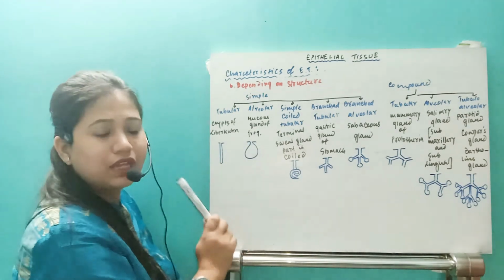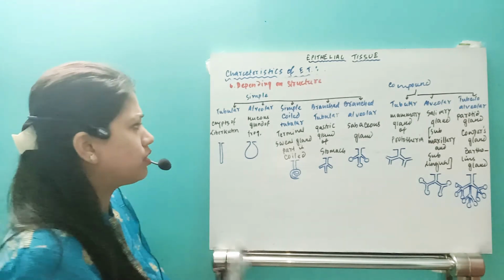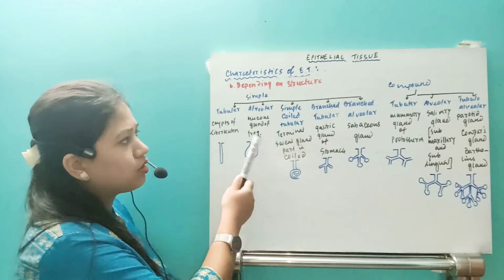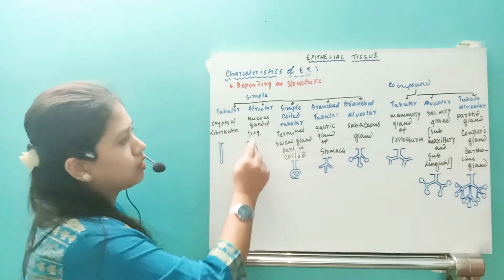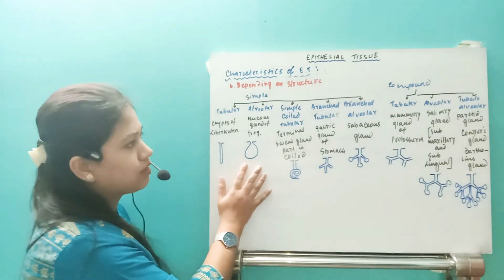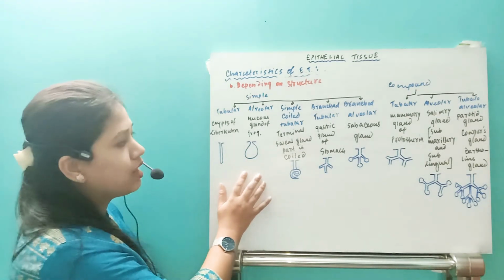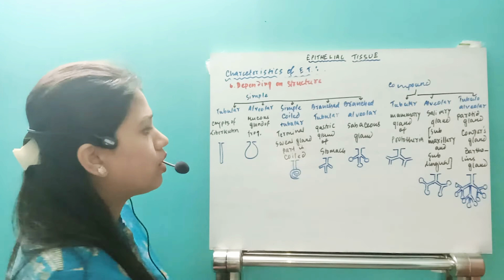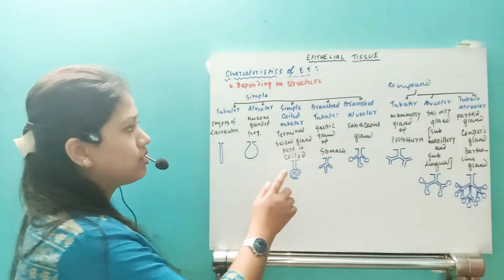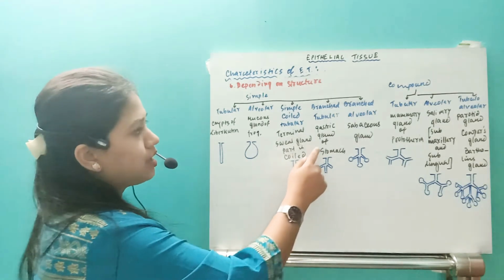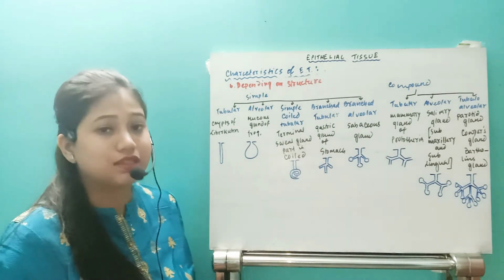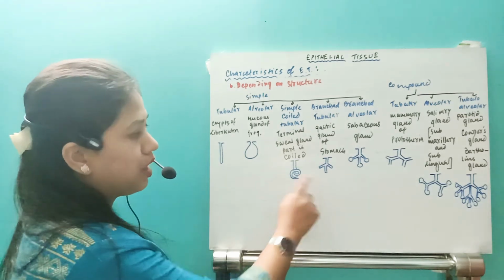Alveolar, that is in terminal parts of the different types of alveolar, sorry. If it is coming to the alveolar gland, then the mucous gland of the frogs will have the alveolar type of gland. Basically it is present in the skin. Next one, if it is a simple coiled tubular, then the terminal part of the sweat gland will have the simple coiled tubular gland. Next one, if it is branched tubular, then in case of the gastric glands in the stomach, they are going to have this branched tubular gland.